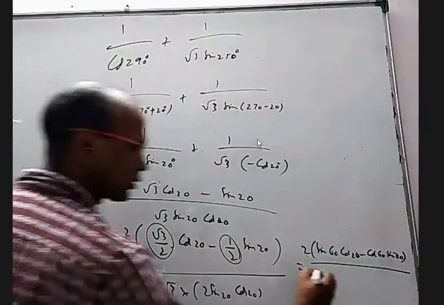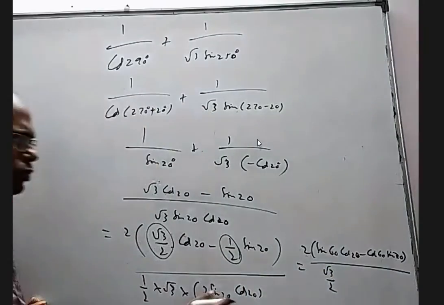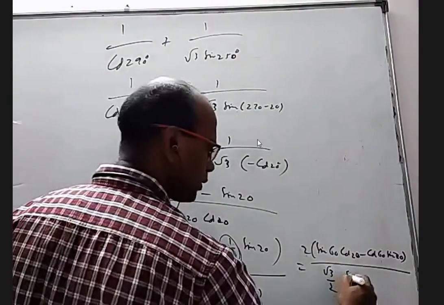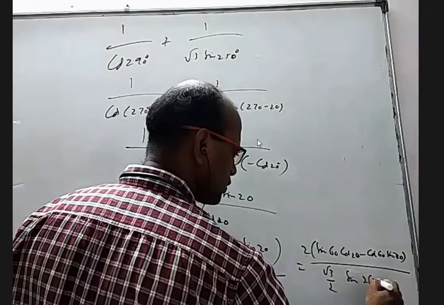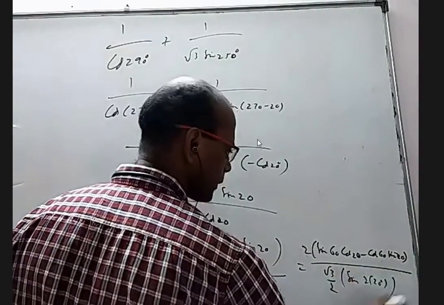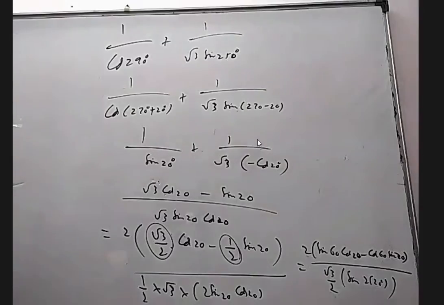And the denominator, root 3 by 2 into 2 sin A cos A is sin 2A. You will get sin 2 times 20 degrees. Okay. So now you can see